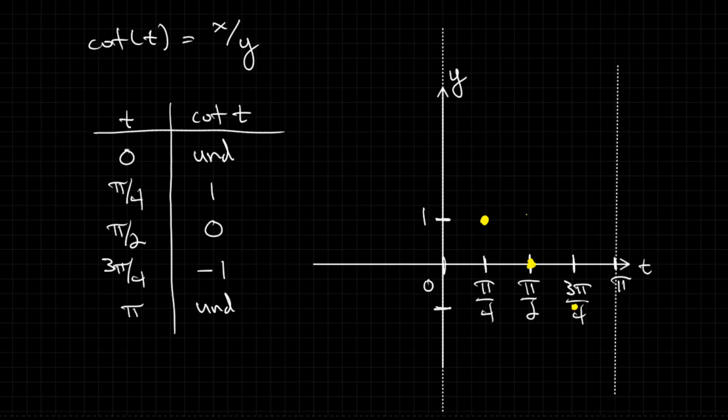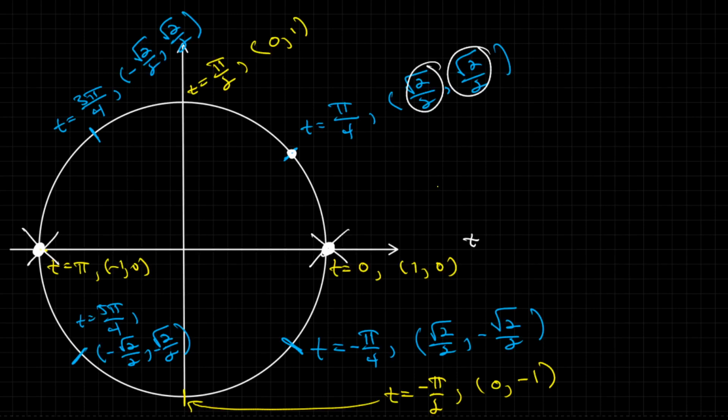And if you want to see some more details, you can refer to the book, but the curve will look much like the tangent curve, except instead of sloping upwards, it slopes downwards. And at the asymptotes, we can ask ourselves what happens by taking a look at the unit circle. So if you have a t value that's pretty close to 0,